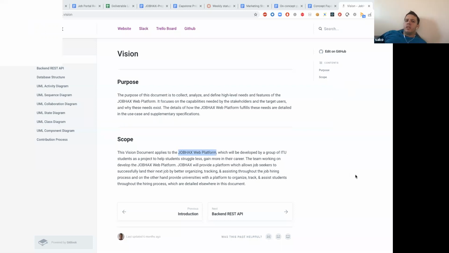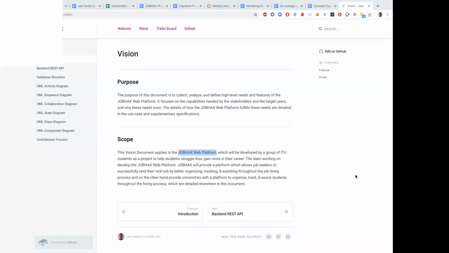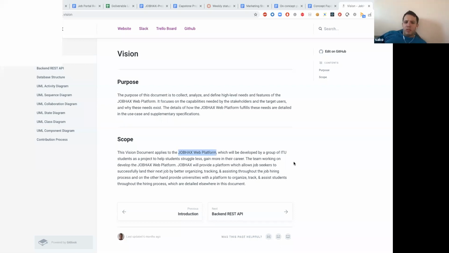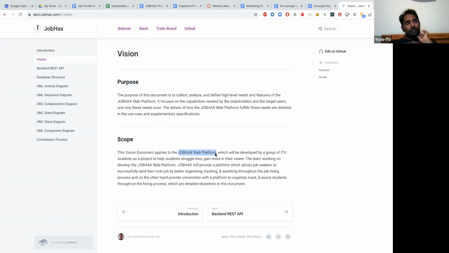So I feel that if we don't have enough time, we don't necessarily need to do mobile. Okay, then let's postpone it and go with the JobHax web platform. Should we go that way? Yeah, probably. What if we make it responsive, so it will at least support mobile, though it's not an app? Even a web page can be responsive to make sure it looks good on mobile or tablets.